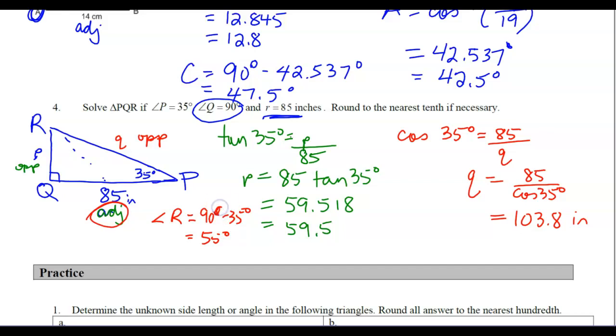So I'm just going to summarize in a little box. So R is 55 degrees. Lowercase p is 59.5 inches. Lowercase q is 103.8 inches. Remember, the hypotenuse has to be the longest side. So it's got to make sense, and it does. Okay. And so that's the lesson, calculating angles and